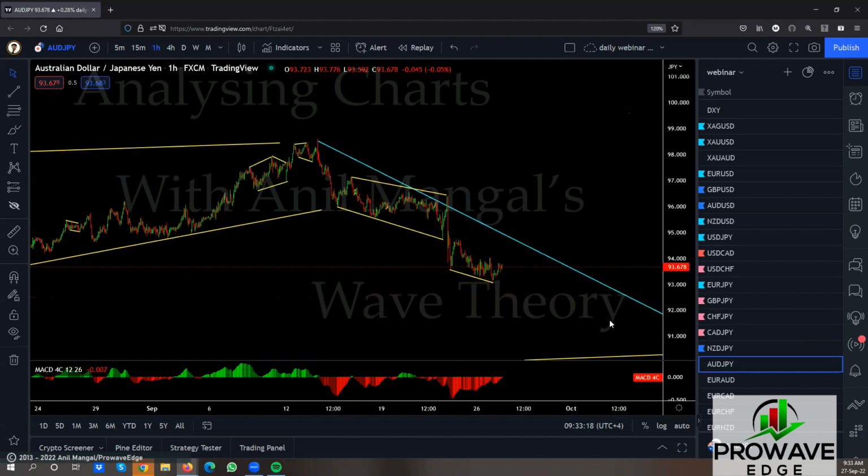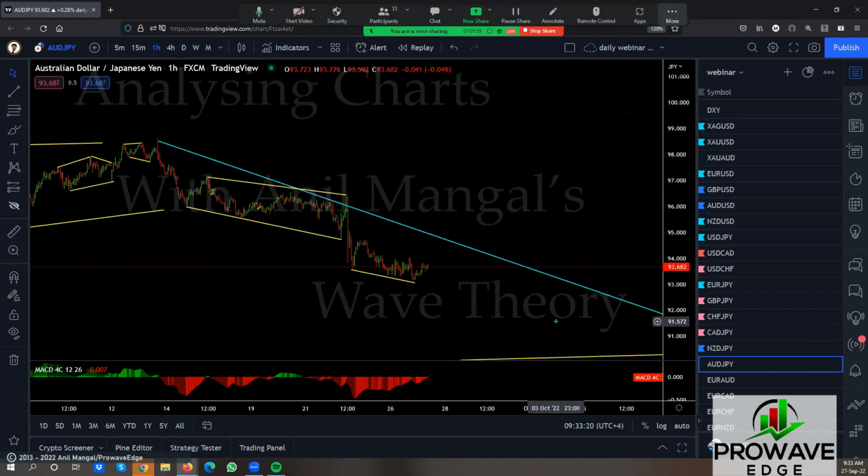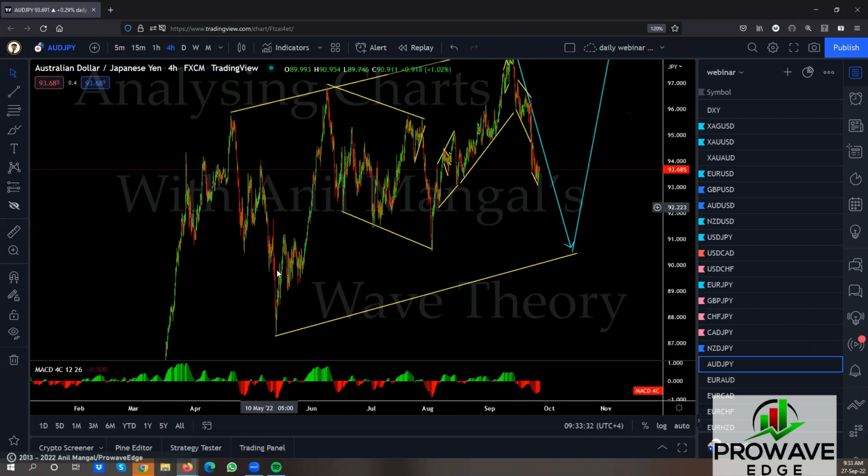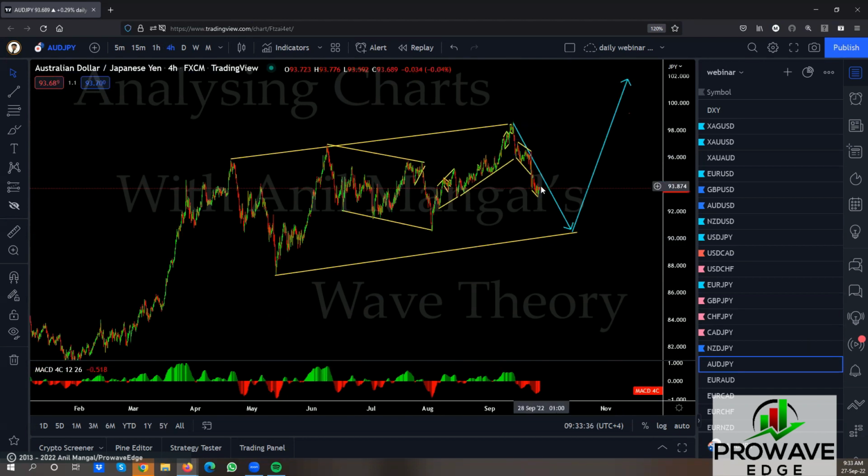Aussie yen. I think this is also making a running flat. We can make an argument for this making a running flat here. And probably will drop one more. We're expecting this to go down a little more too. You can see that. It had a big correction there. It had a small correction there. So corrections are not a problem. We were expecting that to go. And you can look for a sell setup coming back here. So I think very likely the Aussie will be a sell.